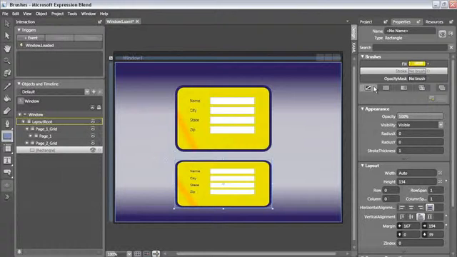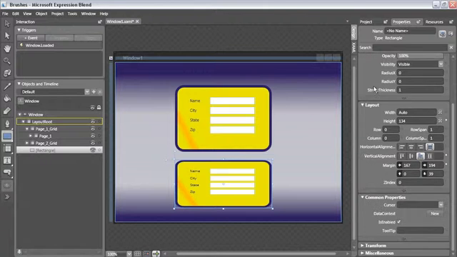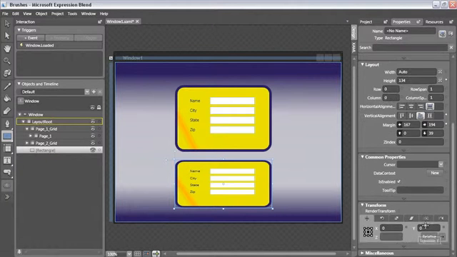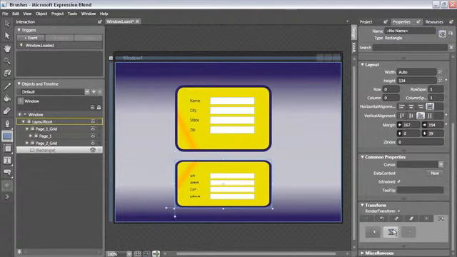Now, one of the things I could do is flip this over so that it looks more like a reflection. Let me scroll down to the bottom. I'm using the mouse wheel to scroll through the property inspector and move down to the transform category. I'm going to click on the last tab, which allows me to flip something, and click here to flip my